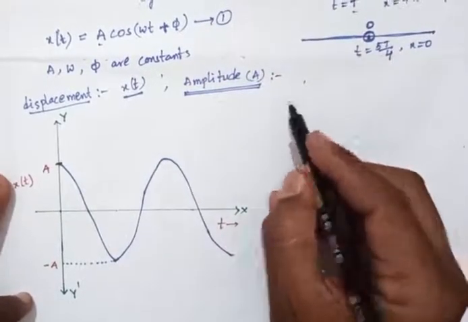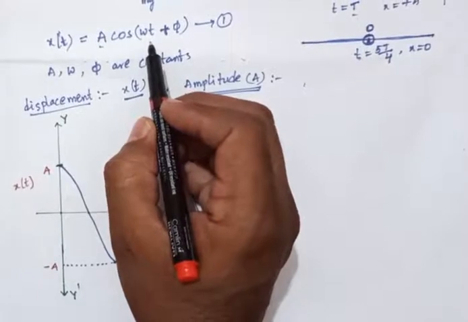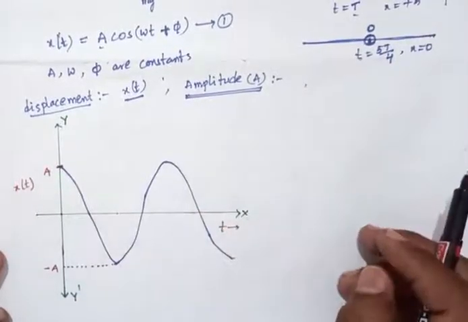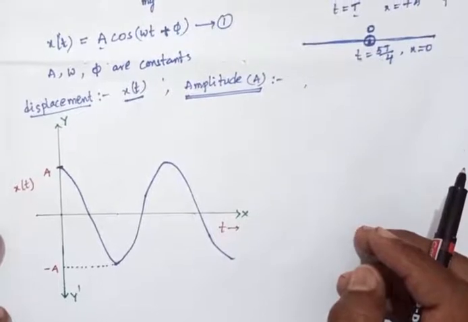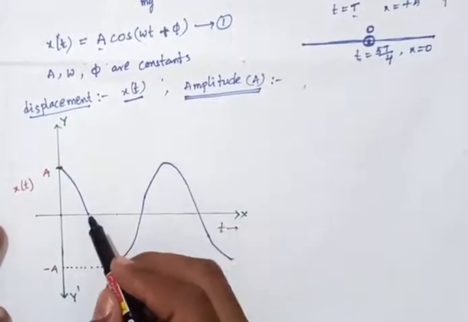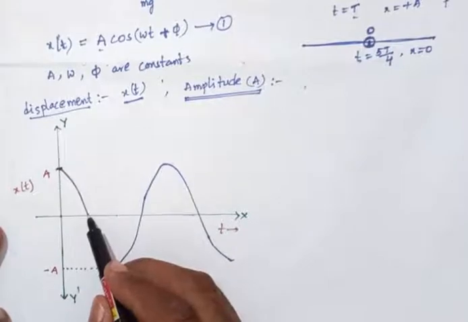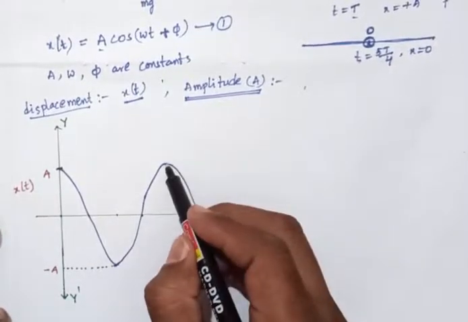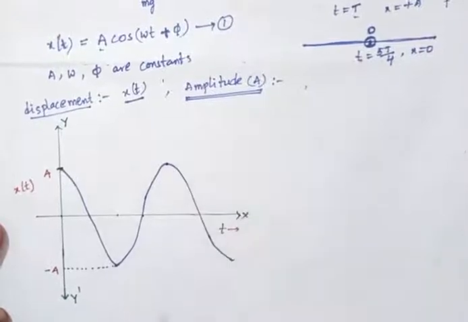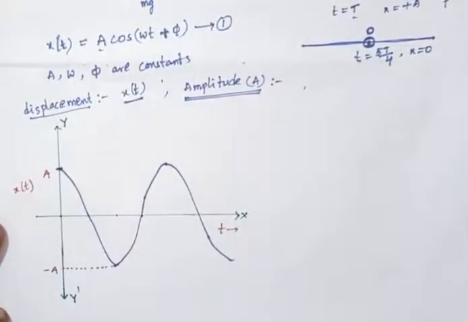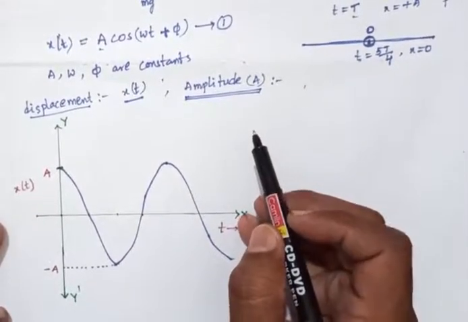Here we take the time period. At t equals 0, the time period is T, and we take T by 4, T by 2, 3T by 4, and T. So this is one complete oscillation: at t equals 0, t equals T by 4, t equals T by 2, t equals 3T by 4, and small t equals capital T. The displacement equation omega t plus pi repeats from t equals 0 to t equals capital T.